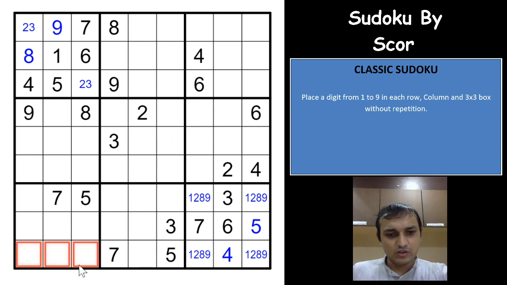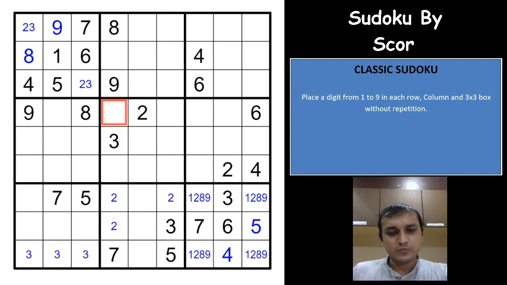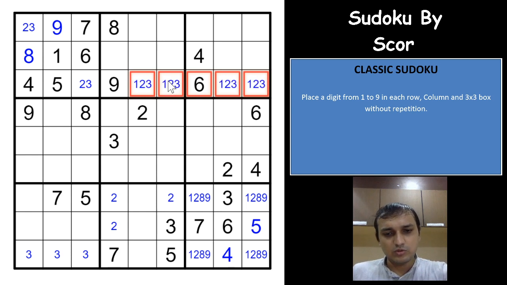So you get a 3 in one of these 3 cells, and you get a 2 in one of these 3 cells, right? We'll try to place the candidates here first. You see here 1 2 3 7 and 8, so we'll write 1 2 3 7 and 8. You cannot have a 2 here and 8 here. You cannot have an 8 here. Cannot have a 3 here as well. 2 and 3 is not possible here. Okay, here 1 2 3 7 and 8, everything will be here, right?